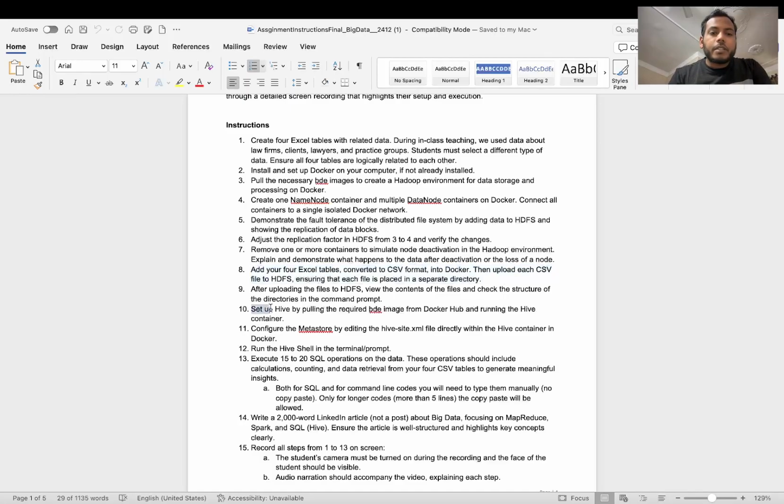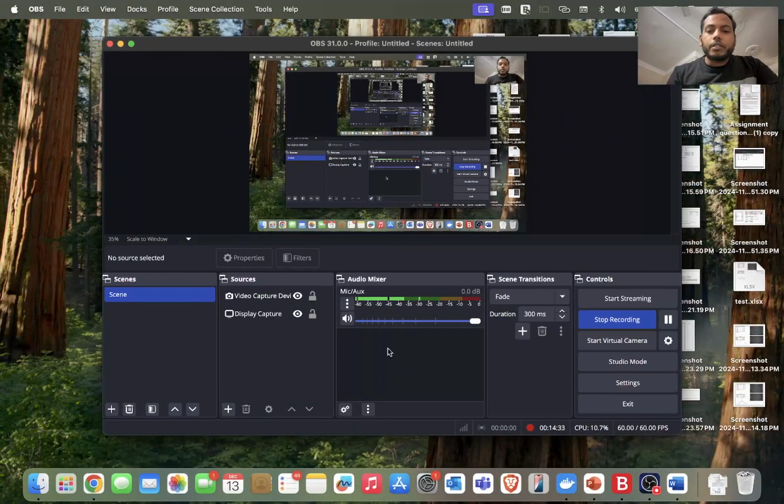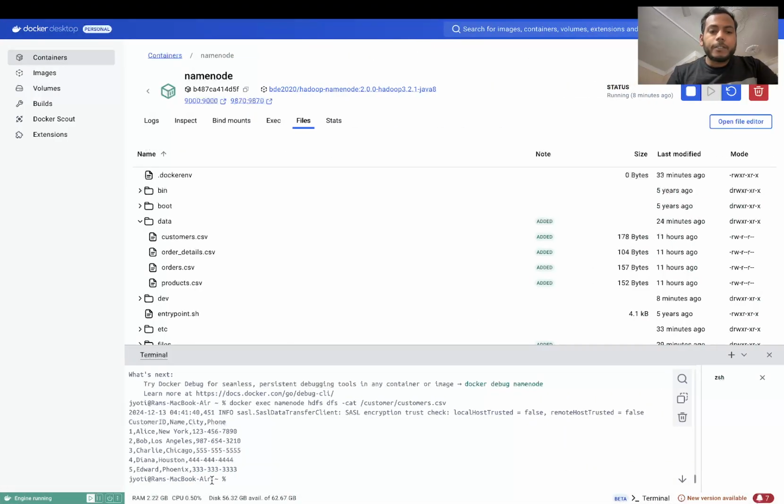Now we are going to set up Hive in our Docker, and then we will also configure the metastore by editing. Then we will run the Hive shell in the command prompt. So to do this, we'll open our Docker, and now we'll pull the image for Hive, and the command is docker